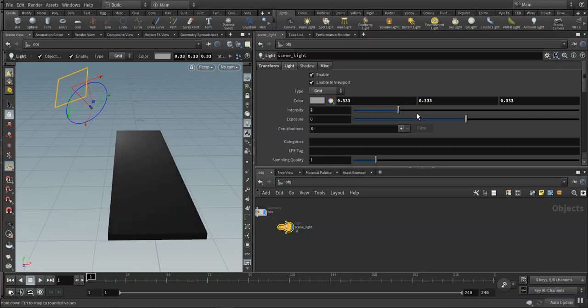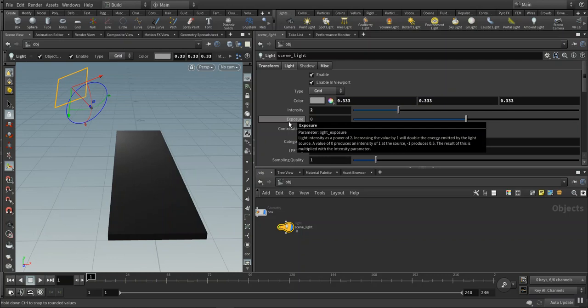And I set it up to 2. You can change the exposure, and as I told you at the beginning, hovering over the text gives you certain information, like here you can double the energy emitted by the light source,